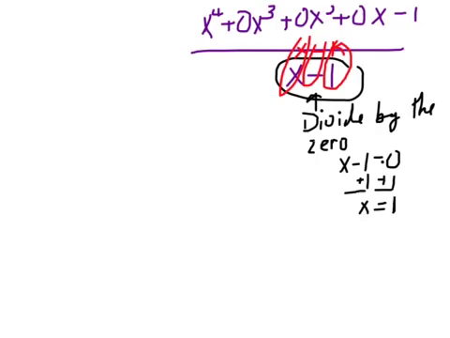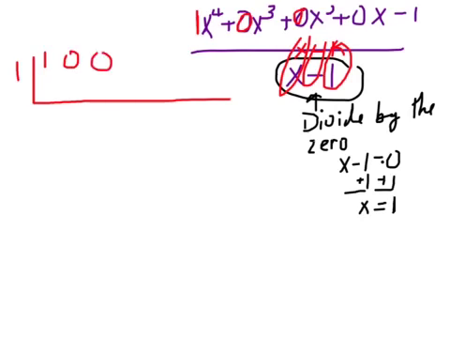I'm going to divide by 1. When I do synthetic division, we write it a little differently so we don't get it confused. We write a bar like that to show that we're doing synthetic division. Then we take all the coefficients from up here. If a term is missing, I still need a place for it. I can't skip any term. So there's a 1 there, a 0 there, a 0 there, another 0, and then at the end I have